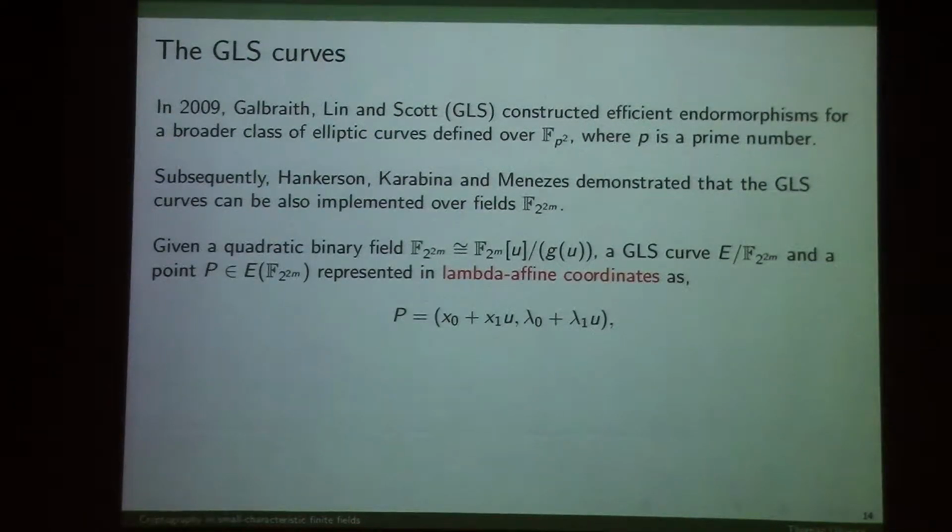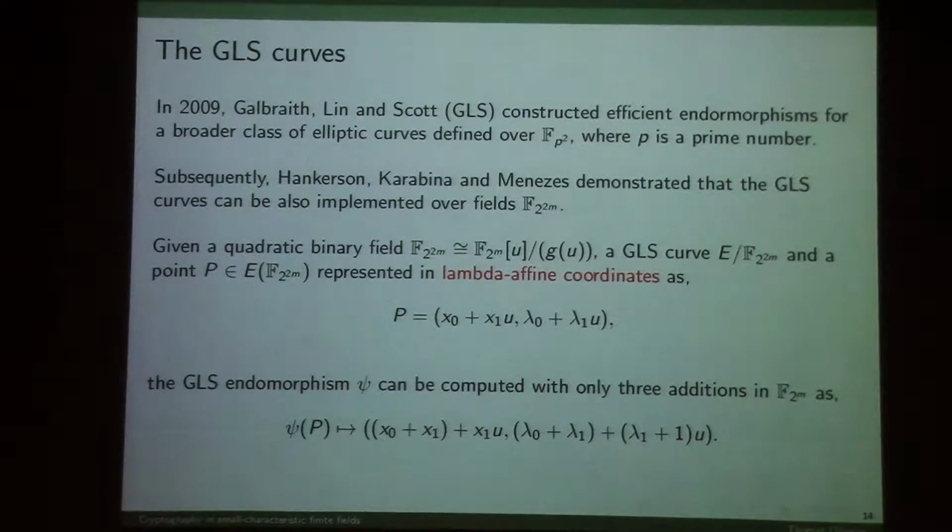So let's have a quadratic field like this, and the GLS curve defined over F to the power of 2 to the power of 2m with m prime, and a point represented in lambda affine coordinates like this. So we have the coordinate x and lambda. But as we are in the quadratic field, this element has 2 parts: the constant part and the linear part. Okay? So the endomorphism of GLS is called psi, and it can be computed very efficiently